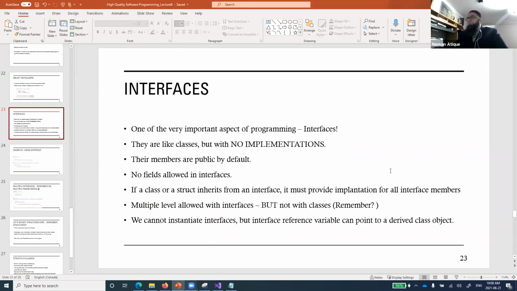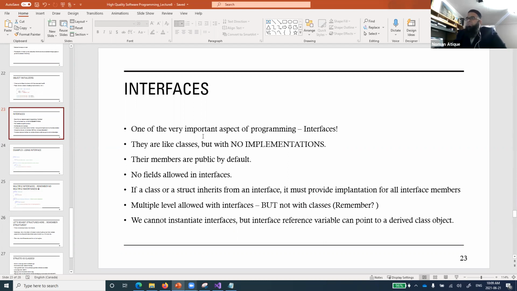Now the next topic that we want to start is interfaces. I'll just touch on them because, you remember, I told you about the lab 2 session. So lab 2 questions are here. I'll just share them. For the rest of the part I'll discuss interfaces, and then I'll give you those questions, and you'll be implementing them, right?